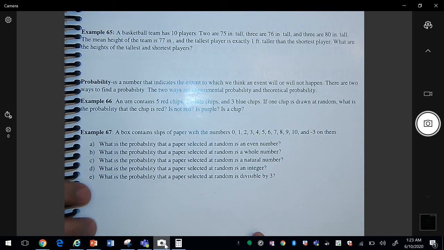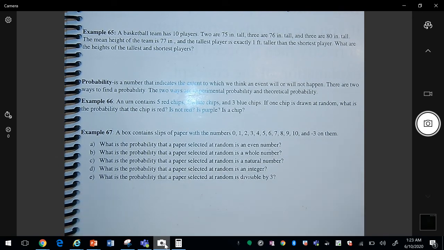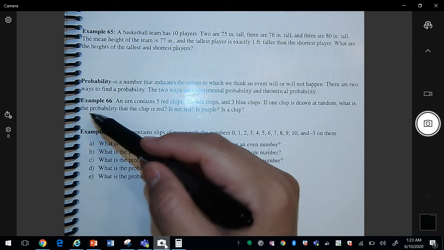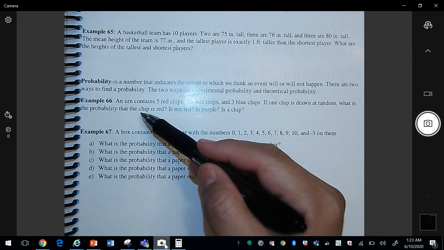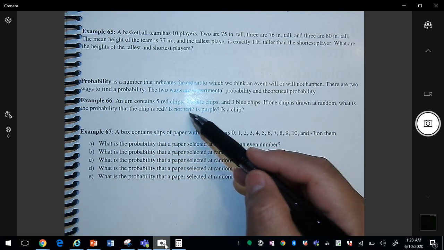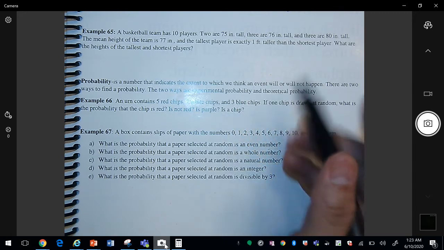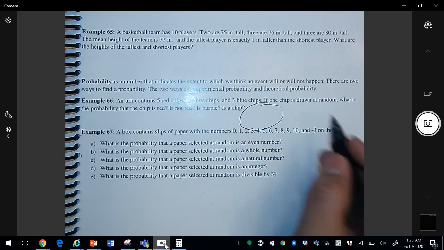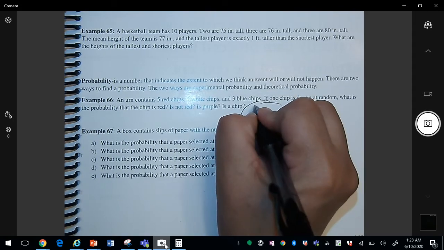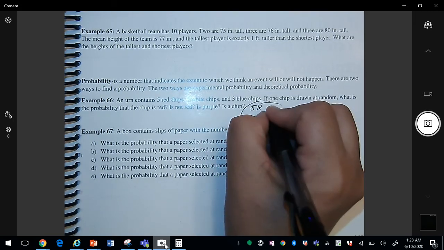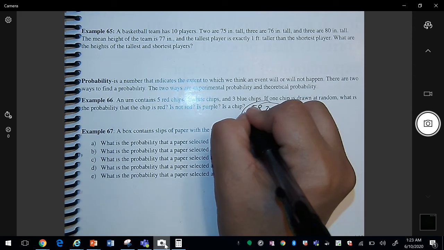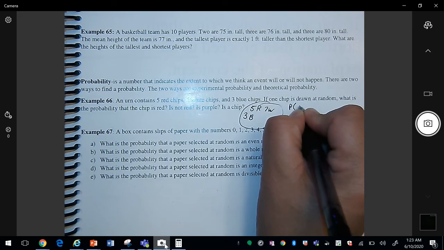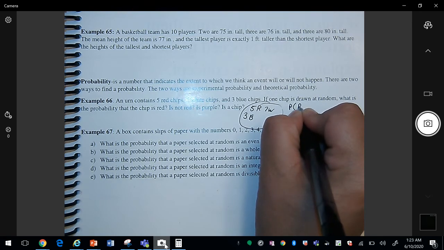An urn contains 5 red chips, 7 white chips, 3 blue chips. If one chip is drawn at random, what is the probability of that chip being red? Not red, purple is a chip. Okay, so you have a container, an urn, and inside you have 5 red chips, 7 white ones, 3 blue ones. So if you reach in there and you're trying to find the probability that it's red,